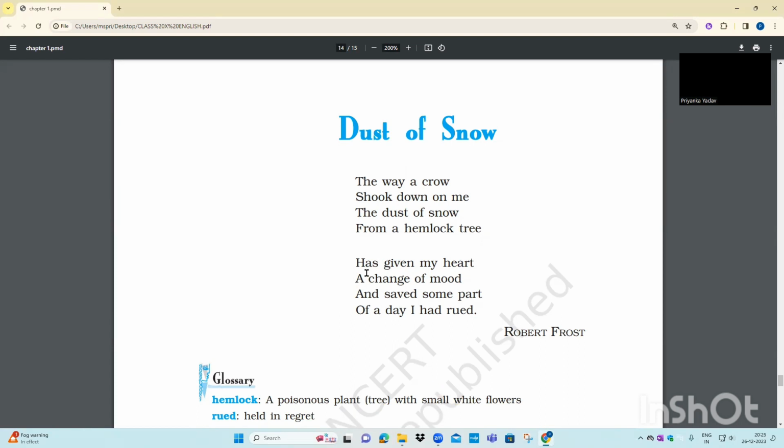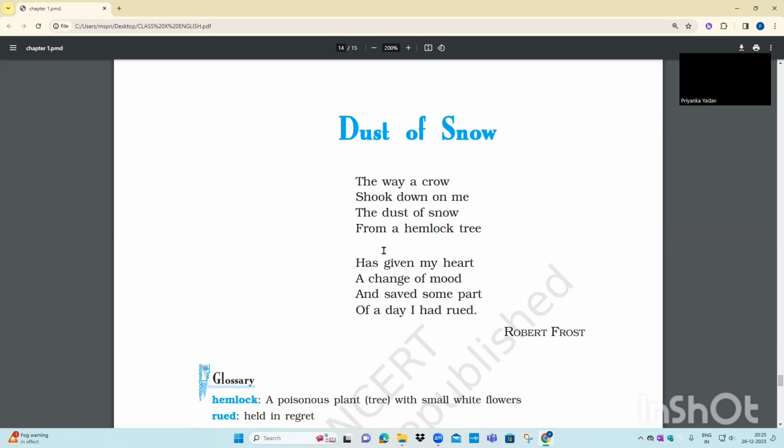So there, when he is sitting under this hemlock tree, a crow is also sitting on the same tree under which the poet is sitting in a sorrowful mood. But suddenly, what happened? The crow suddenly shakes down the dust of snow. It means it shakes down the particle of snow, and a small particle of snow falls on the poet, right? So the moment the snow falls on the poet,